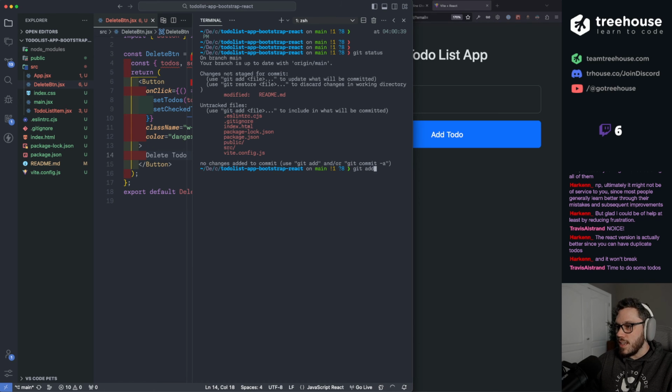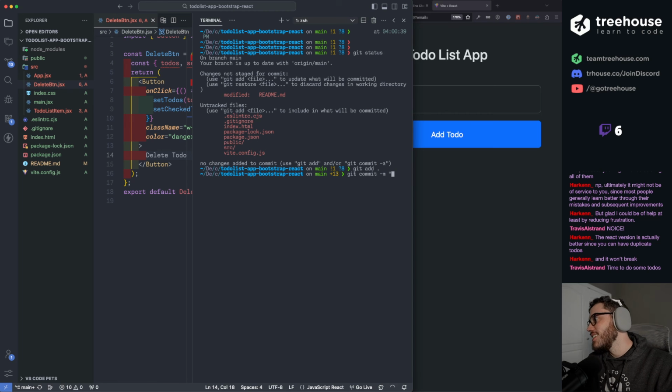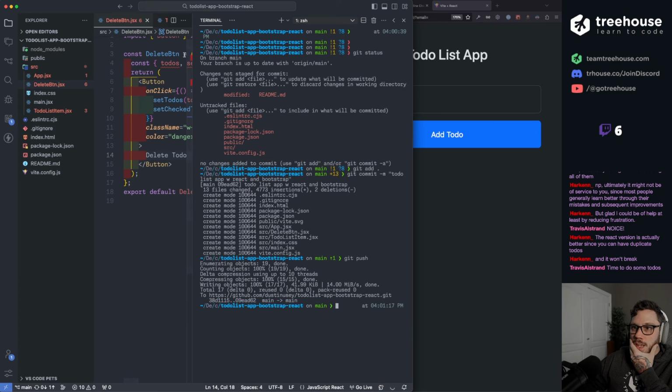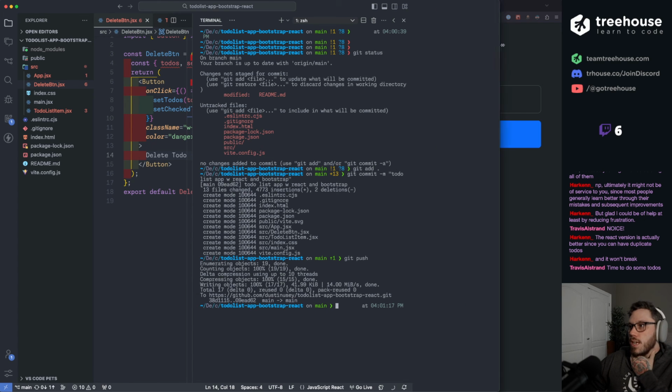Yeah, git add, git commit. I'm gonna make this super simple. Time to do some to-dos. Yeah, for real. I'm gonna push this up now though. Just a simple to-do list app with React and Bootstrap. Just make it super simple. Push this up. All right, so now these repos should be live.